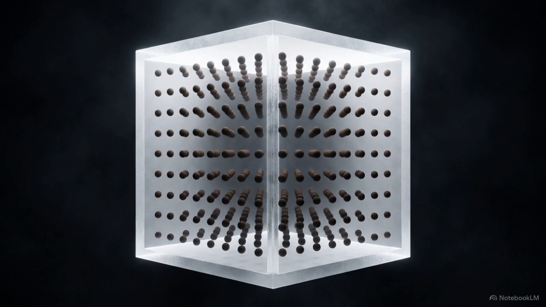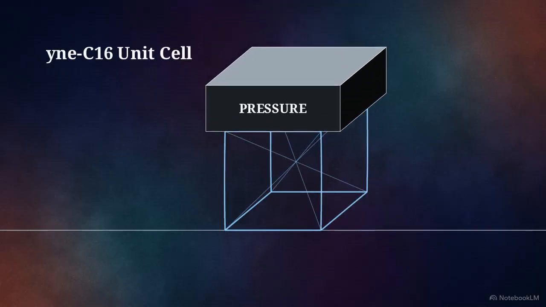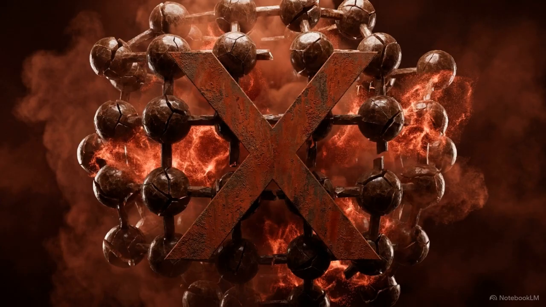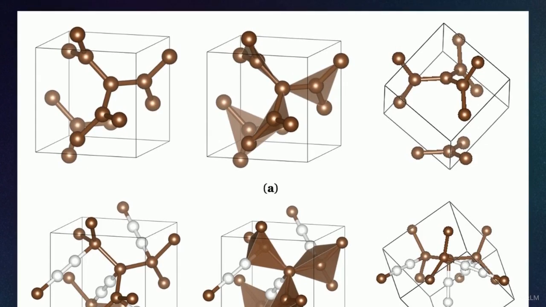It is a 3D cubic crystal, yet it lacks the extreme hardness expected of its form, behaving instead like a highly compressible soft metal. To understand this discovery, we have to look at the molecule that preceded it, SRS-C8. While this body-centered cubic model was a significant theoretical step, it contained a structural flaw. In this projection, you can see the discontinuous, broken atomic arrangement where the polyhedra failed to fully connect.